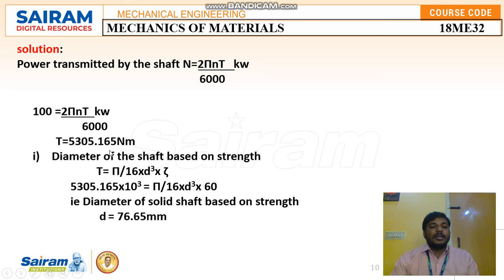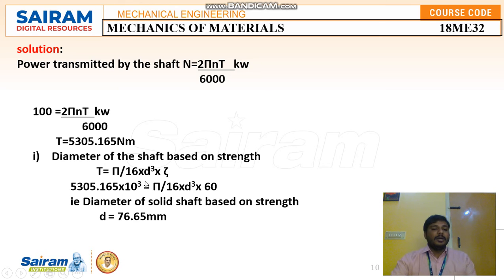So as we told, the standard torsional equation is T by J equal to tau by R equal to G theta by L, where J by R becomes Zp. Zp is the polar section modulus. The polar section modulus formula is pi by 16 into D cube, right? So T will be equal to, now we already know the T value, pi by 16 into D